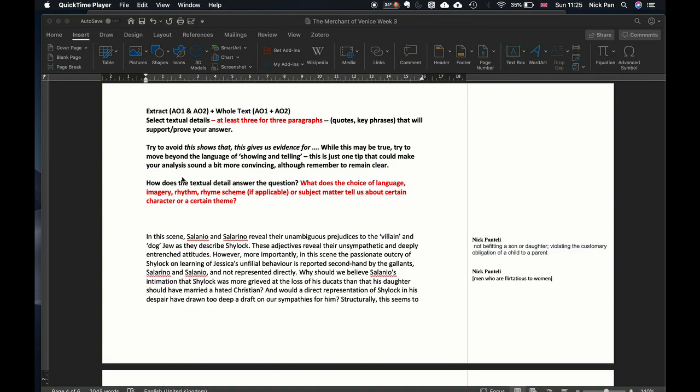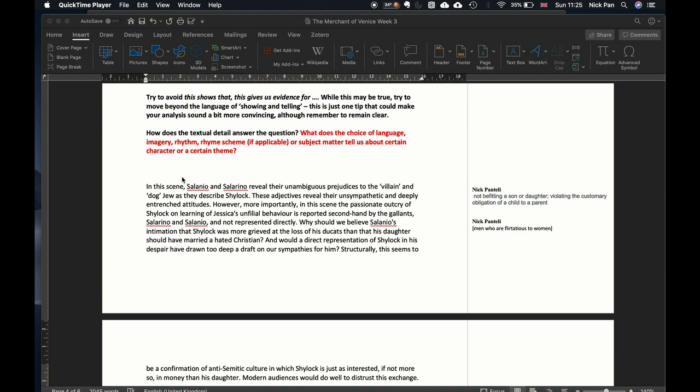While this may be true, we could try to move a bit beyond the language of showing and telling, and this just makes our analysis sound a little bit more convincing, although we should always remember to remain clear. So we're offering a comment on the language, the imagery, the rhythm, the rhyme scheme, if it's applicable, which it is here, but I haven't commented on it, and the subject matter, which is the key thing,